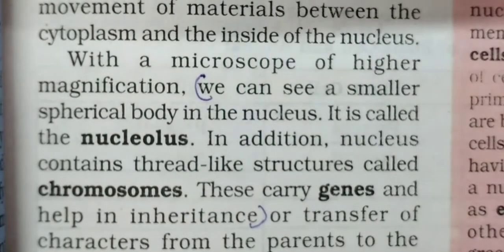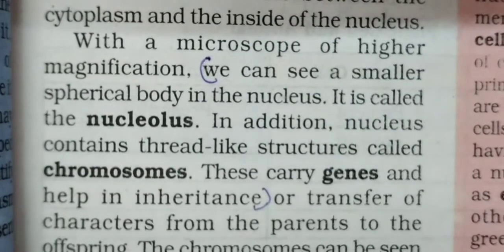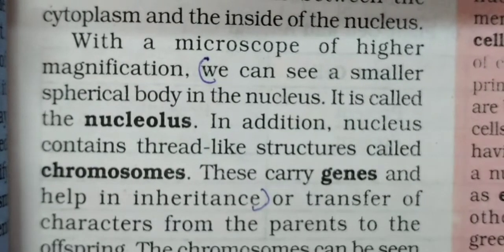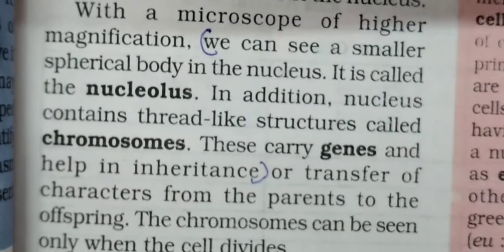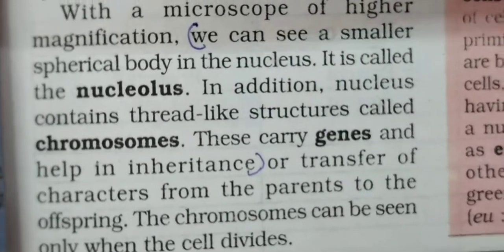These are chromosomes which carry genes. Genes means properties. Genes are those which carry the properties of parents to their siblings, and like that it is carried on, the properties of parents are carried on to the kids, and then these kids, when they grow up and become a parent, it's carried on to their kids, and like that the characters from the parents to the offspring are transferred and continued.